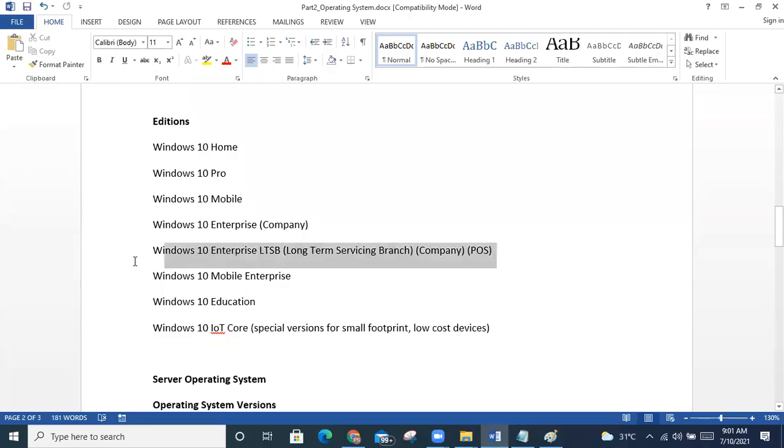What is the difference? If you use the Windows 10 edition, you need to update every 18 months or 13 months to the latest version. If you take this version, the build will be common for 10 years. They will release, say, 2019 and 2020, and then it will support the next version for 10 years. You cannot upgrade the OS. The same version you can use. Am I clear in what I'm saying to you?